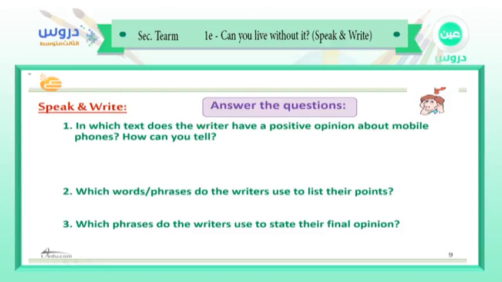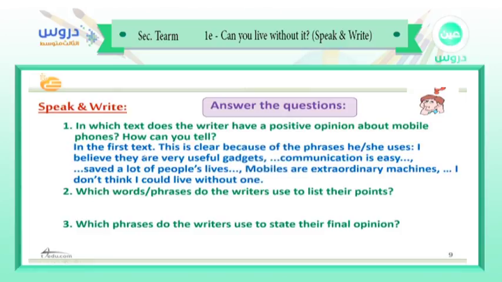Okay, so let's answer question number 1 here. So what did he say? In the first text, this is clear because of the first phrases. He uses, I believe they are useful gadgets. Communication is easy, saved a lot of people's lives. Mobiles are extraordinary machines. I don't think I could live without one. All of these phrases are positive phrases about mobile phones. Now, which words or phrases do the writers use to list their points? As we said,